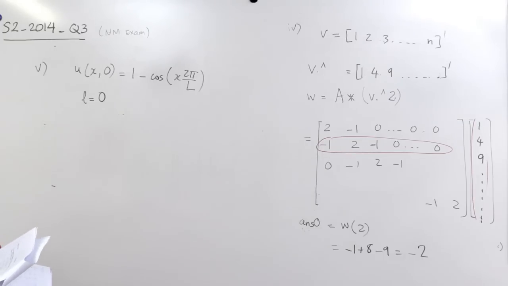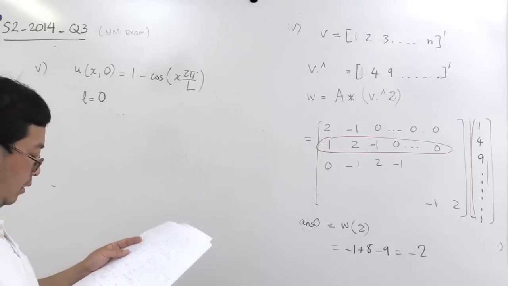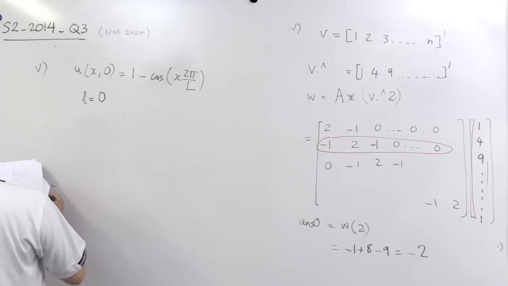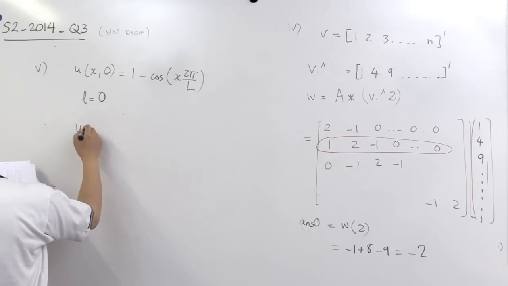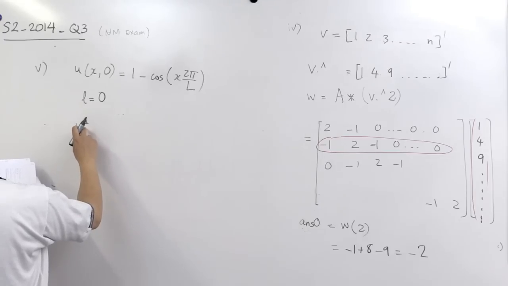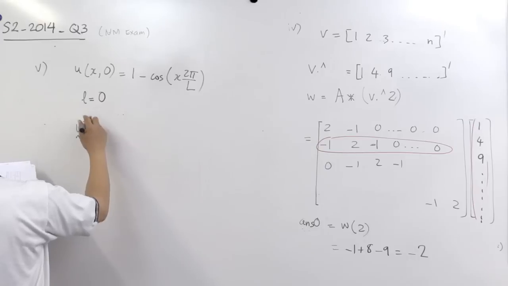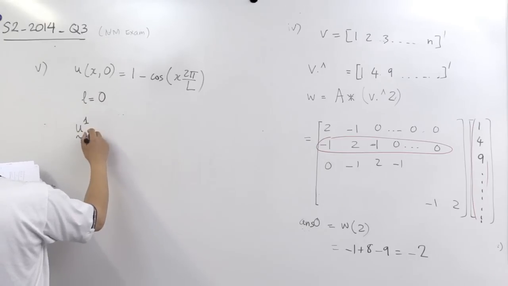That corresponds to the first row of the matrix A. If you look back at 3.2, you can write it like this. The vector U at L equals 0,